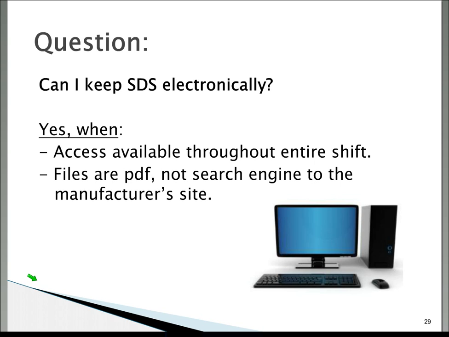And it also requires that you have the actual PDF files electronically on your computer, that you're not relying on Google. For many places, internet can go down. So we want you to have an actual hard copy of that safety data sheet on the computer that can be reviewed. And the reason for having 24/7 access is because if a worker is handling the chemical, gets splashed to the eye, they may need to go down to the emergency room. When you go down to the emergency room, you want to pull out that safety data sheet and bring that